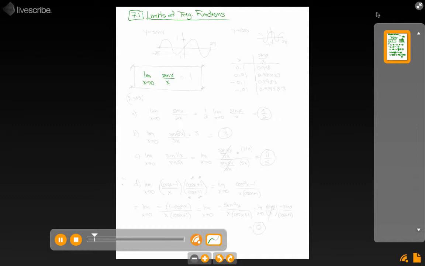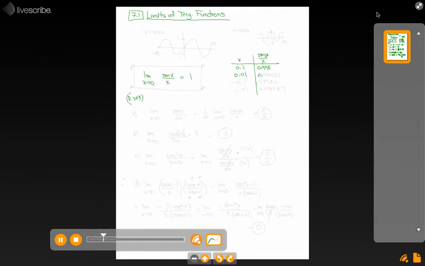There is a way of proving this. It kind of uses the unit circle. Your textbook on page 303 does a nice little proof of the fact that this limit actually equals 1. If we try putting in some numbers for x, 0.1 or 0.01, and see what happens with sine x over x, you will get numbers really close to 1, like 0.998, depending on where you decide to round these off,